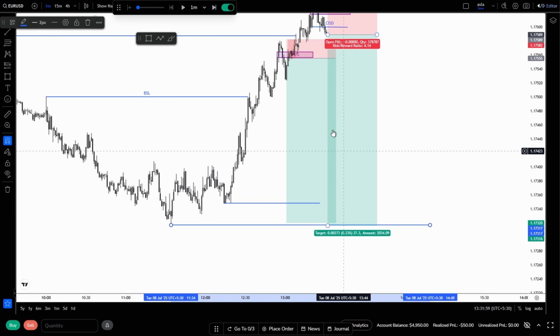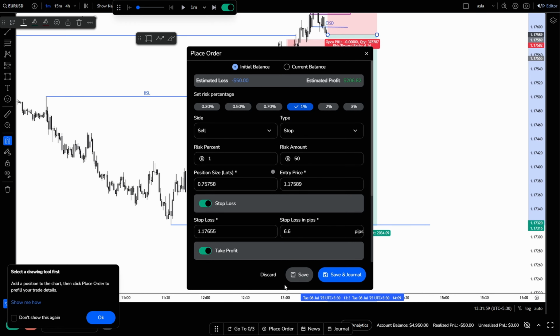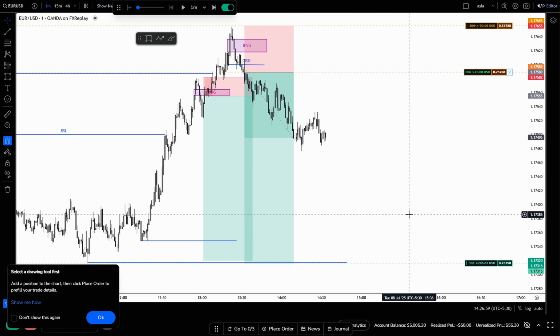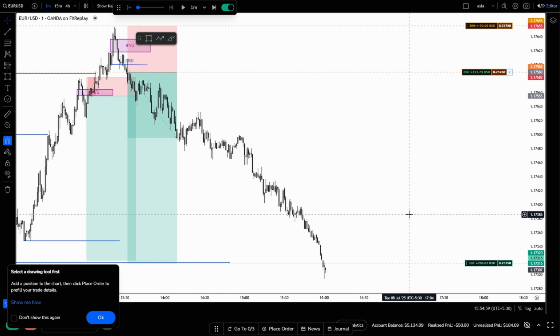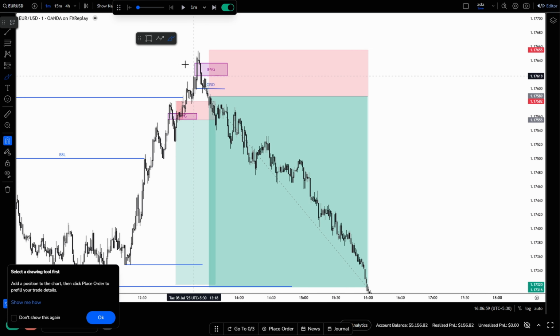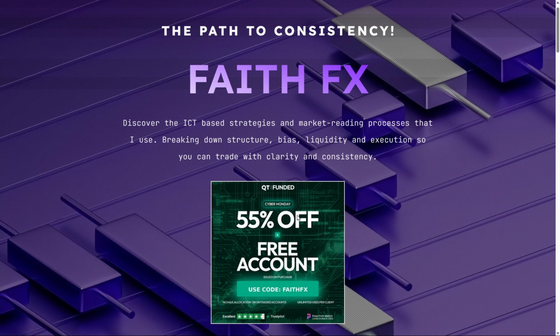Now watch how price reacts. You can see how cleanly price moves into our target, respecting almost every premium level along the way. This example clearly shows how important it is to pay attention to equal highs and equal lows. By simply waiting for them to be taken first, you can avoid unnecessary stop-outs and enter trades with much better timing and probability. So this is how you should look at equal highs and equal lows in real